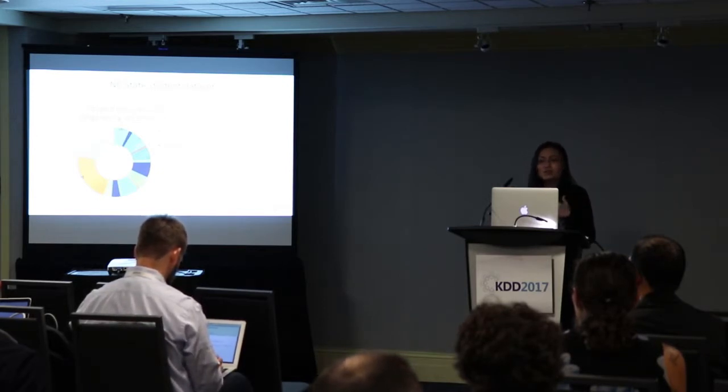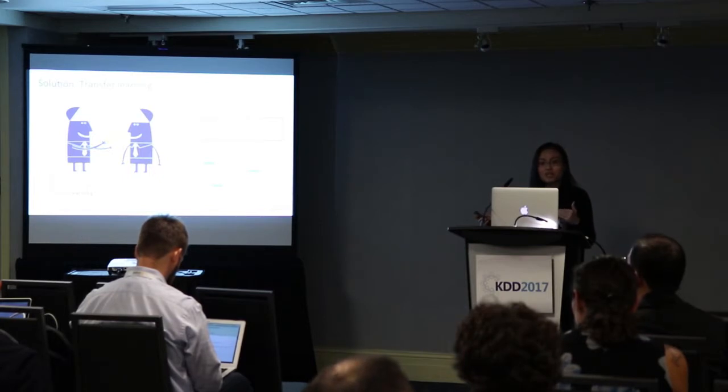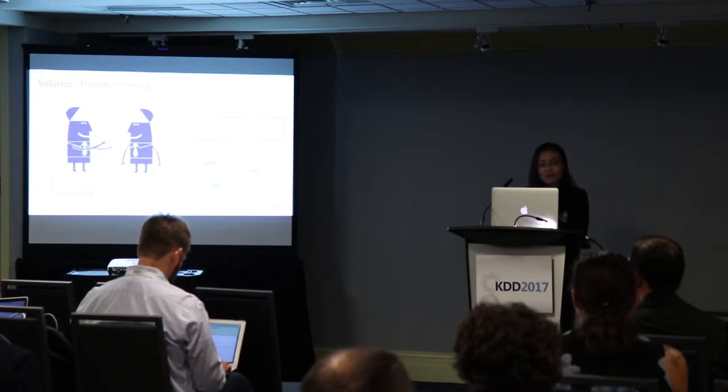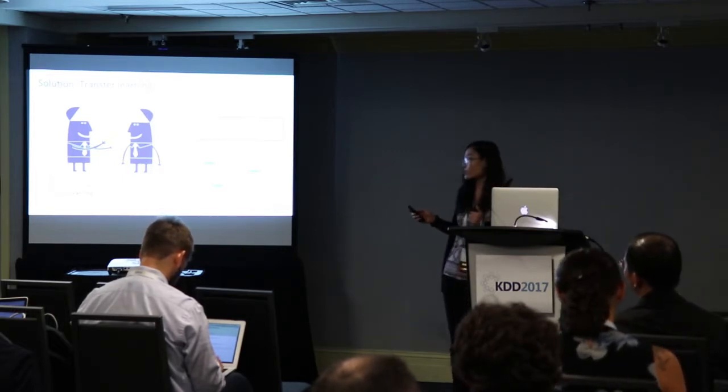So we have to use some help from outside data. And how do we do it? If we just blindly borrow data from outside, then we're no longer focused on our own department, so there is a balance to strike. What we attempted to do is borrow some techniques from transfer learning. This is a new field, very hot these days in machine learning. For people who are not really familiar with it, the basic idea is you borrow either the model or the data from some other task that's not the problem you're directly working on, but is related to your task, and try to make use of their data or their model.